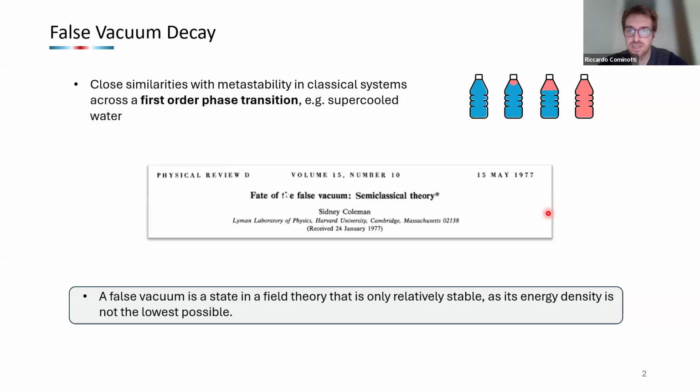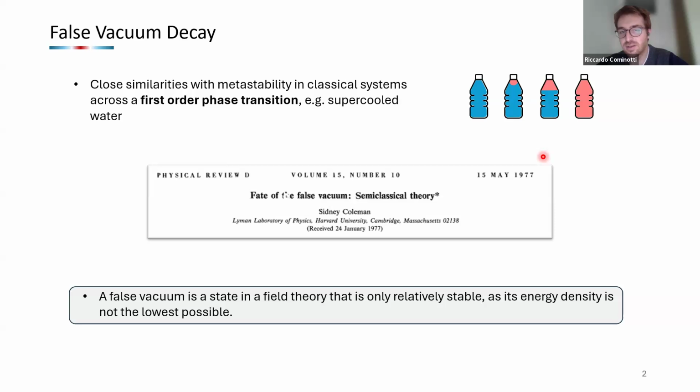It's a liquid phase which exists below the freezing point, and this state is very unstable. Indeed, we can observe the transition to ice, which is the natural state of the system, just upon the injection of some energy. Now, this idea can be extended to the physics of fields, and the study of forced vacuum